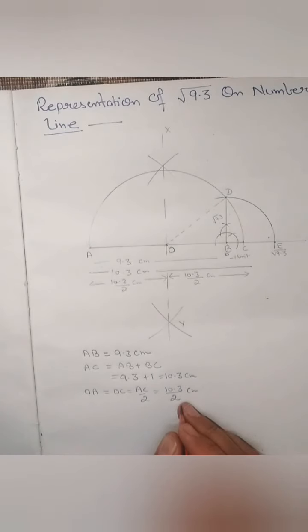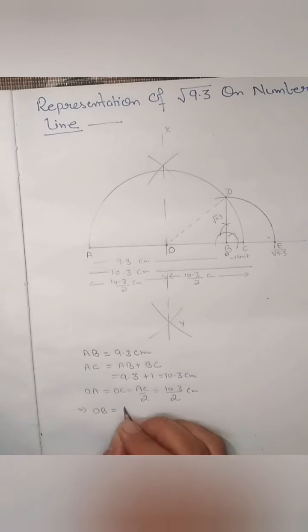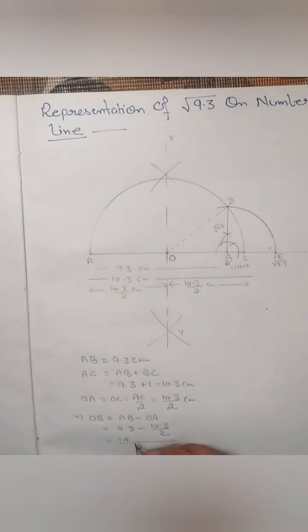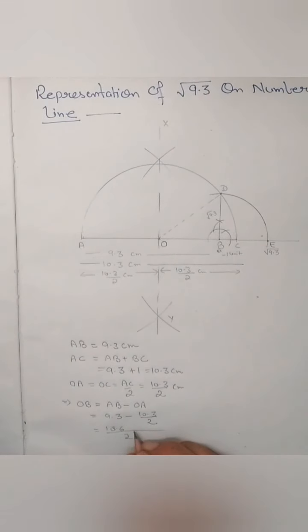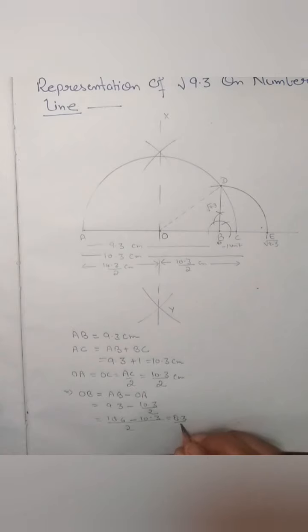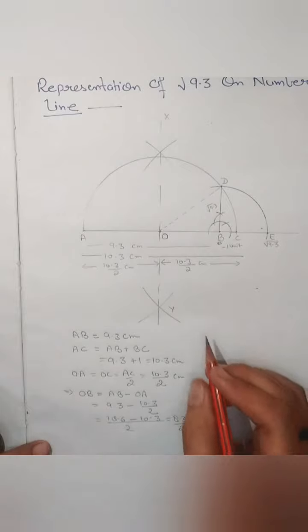This is the value of OA. To calculate OB, we know that OB will be equal to AB minus OA. Here AB is 9.3, OA is 10.3 upon 2. If we calculate it, we can see that it will be 18.6 minus 10.3, that is equal to 8.3 upon 2 centimeter. So OB is 8.3 upon 2 centimeter, and